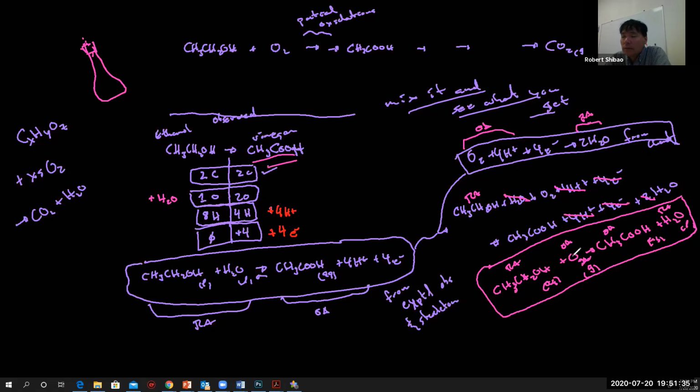And so we can easily see the driving force here. We don't need a chart for the driving force because, ethanol versus water, which is easier to burn? Remember, reducing agents are fuels. And so which fuel is easier to burn, ethanol or water? You could build a fire using ethanol. Could you build a fire using water?